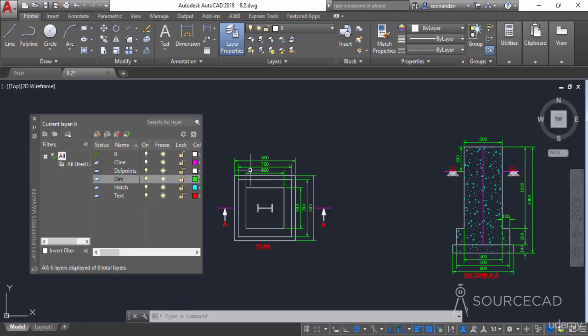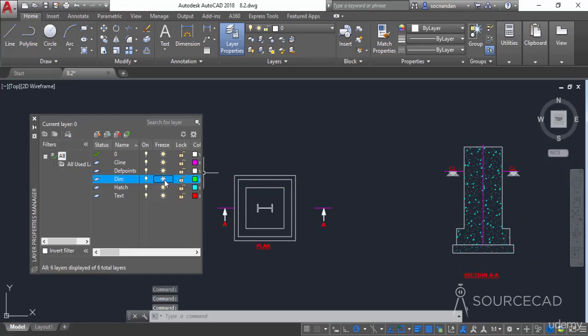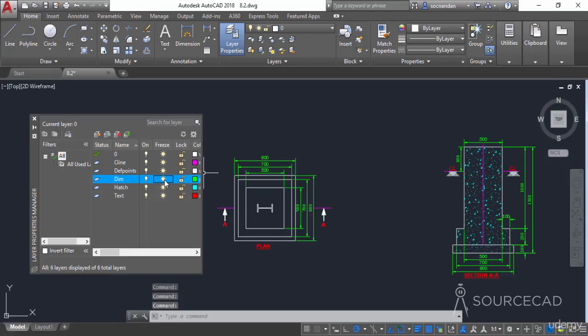Similarly, you can freeze any of these layers. So here we have an option of freezing the layers. When you click on this freeze icon, it will freeze it, and you can click on it again to thaw it or bring it back. So visibly, on and off and freeze, thaw have the same effect on the drawings, but when you freeze your drawing,